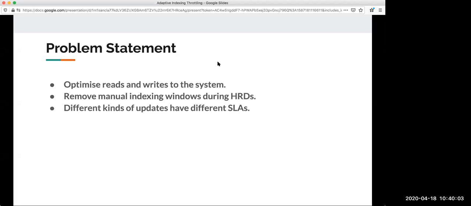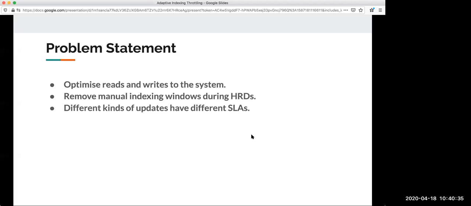What we are saying is reads are more important for us, and we can potentially delay writes to a certain extent. So we'll only make the writes when the read performance is under control. If the read starts going bad, if the read health decreases, then we'll stop the writes or we'll reduce the flow of writes. So here the whole idea is that reads are more important than writes to a certain extent. So that is the first problem statement we're trying to solve.